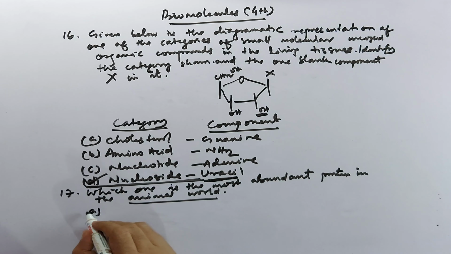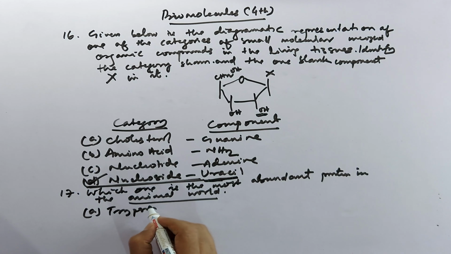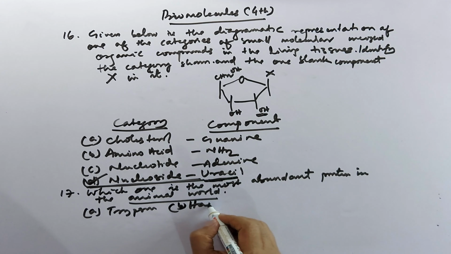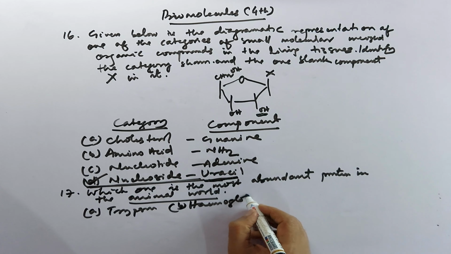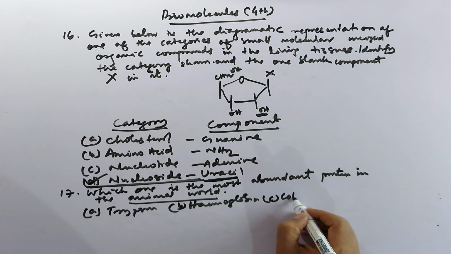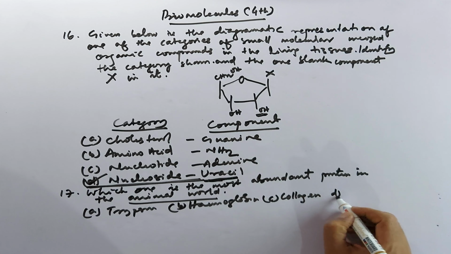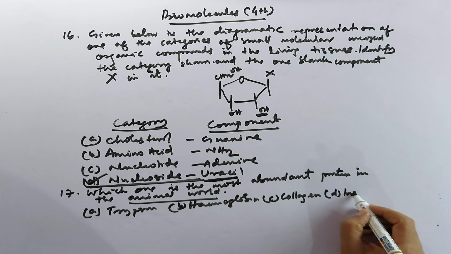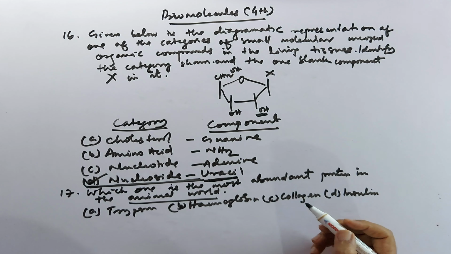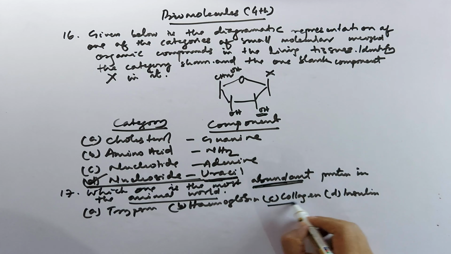A option, trypsin. B, hemoglobin, C, collagen, and D, insulin. So it is important that the most abundant, huge amount present in the animal world is